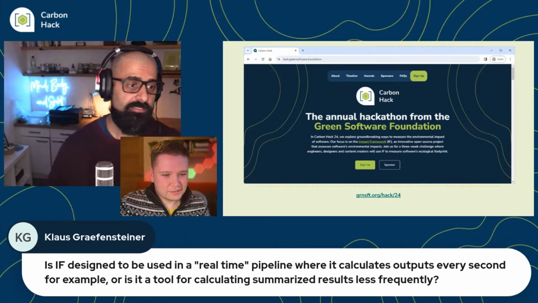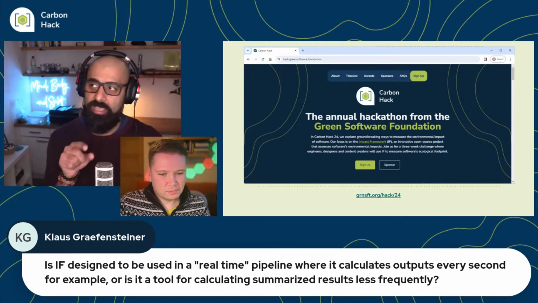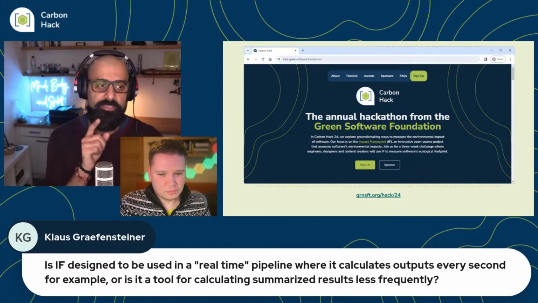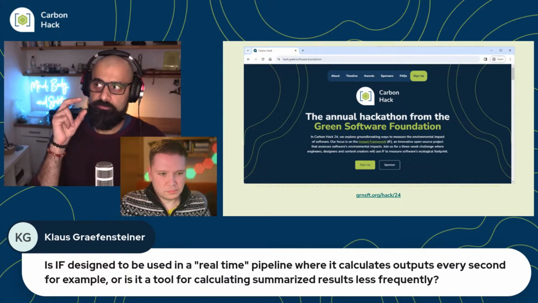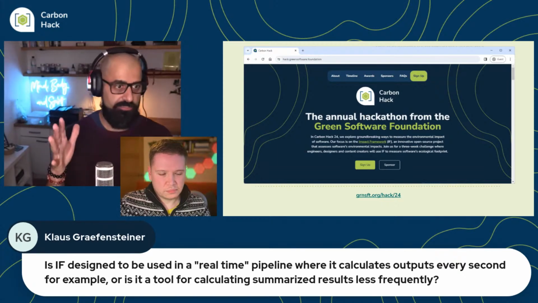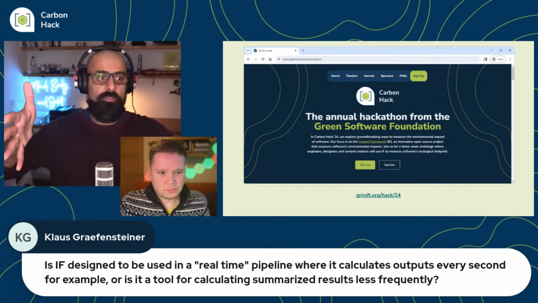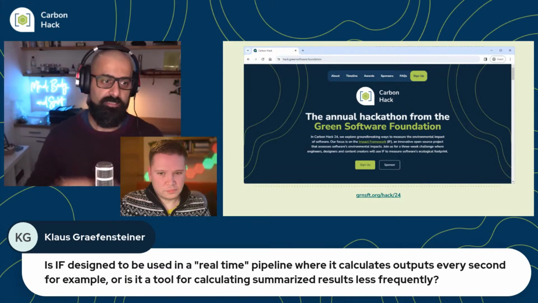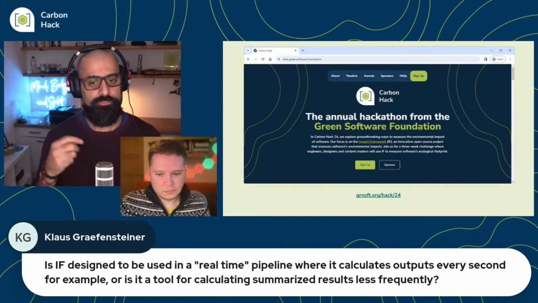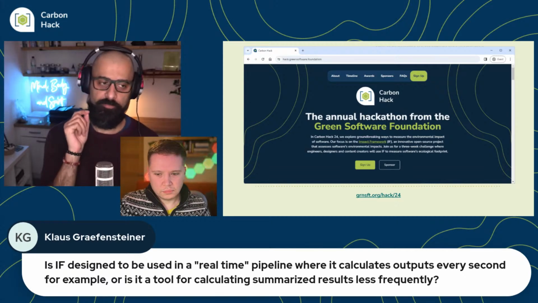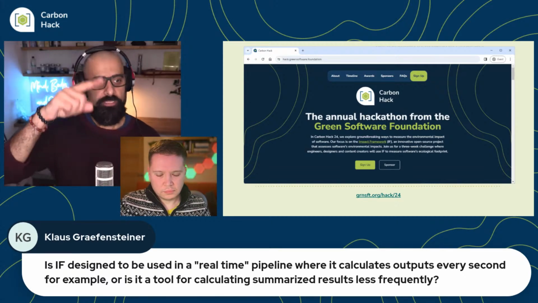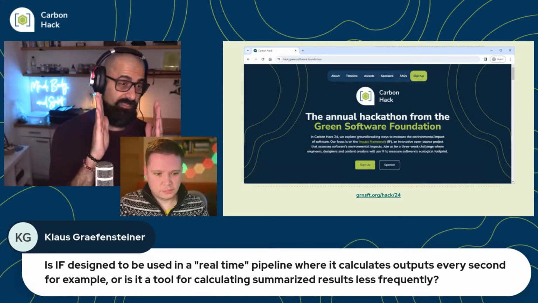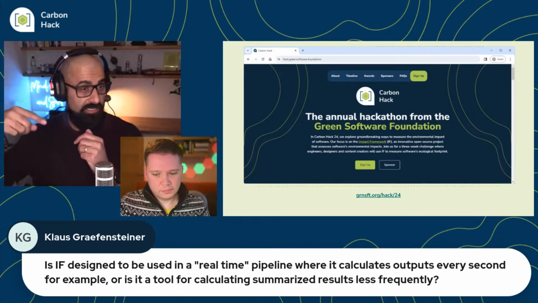That's one of the things that we haven't quite addressed, and I don't know if we'll address it for the beta. But right now, Impact Framework is really just a manifest file, like a snapshot: this is the emissions, let's say, for the last month, and calculating that. One of the things we're working towards, and I'm not too sure if it's going to come for the beta, is rebuilding a manifest file that you can rerun every 5 minutes, and it just gets the last 5 minutes' worth of data, so you can get something more real time.